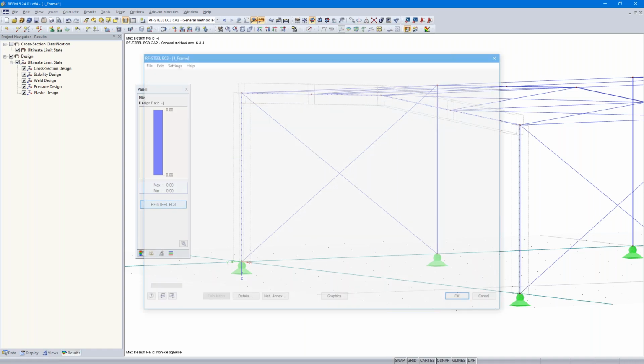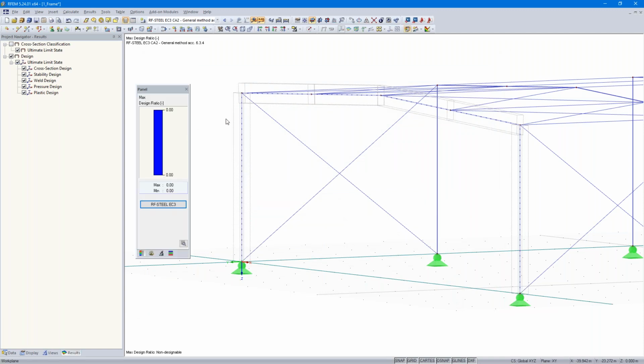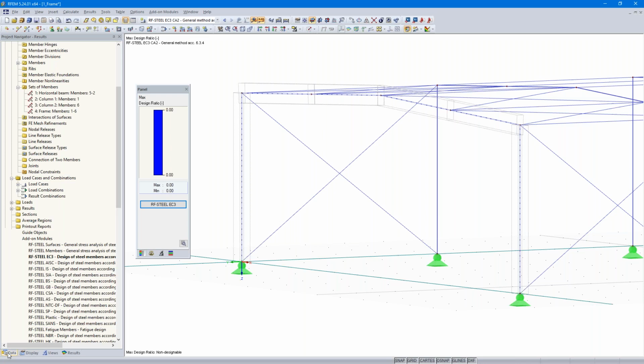We go into the add-on module. There's a warning message, moment about Z-axis, and that's the reason why I don't get results for this method. Okay, we go to the next